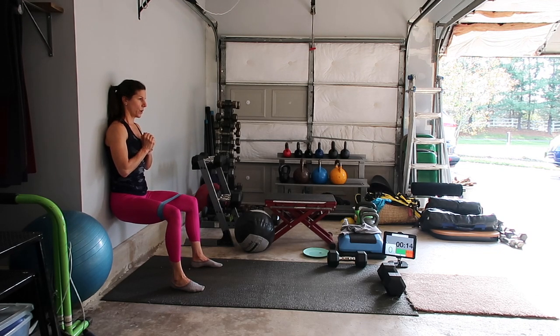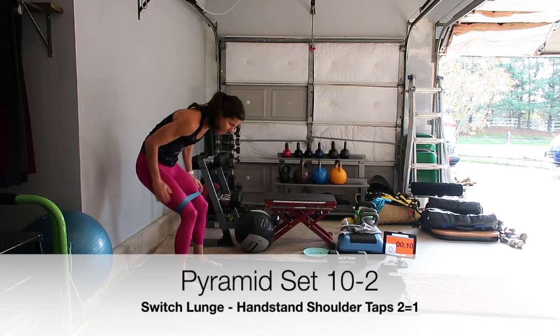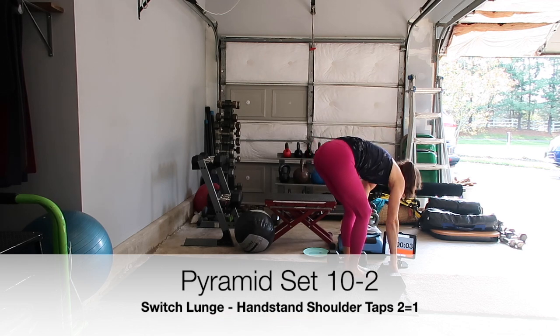Seconds. My quads are feeling it from this wall sit. 8. Last 5. All right, gently come up. We'll put the band aside. We're not going to need it, and we're not going to need the dumbbells, although I really hate how my